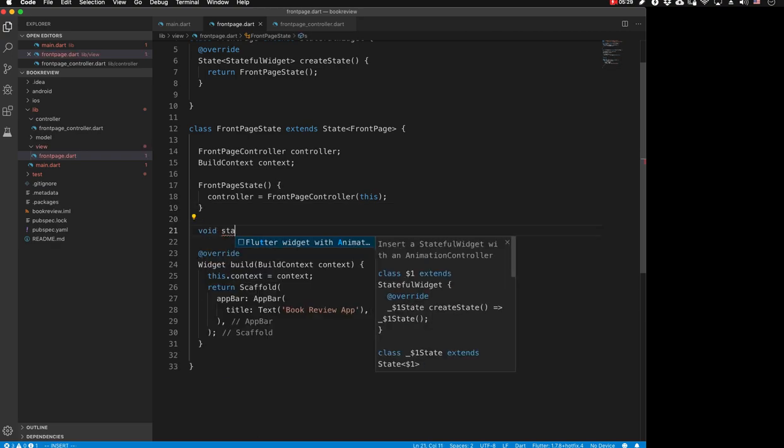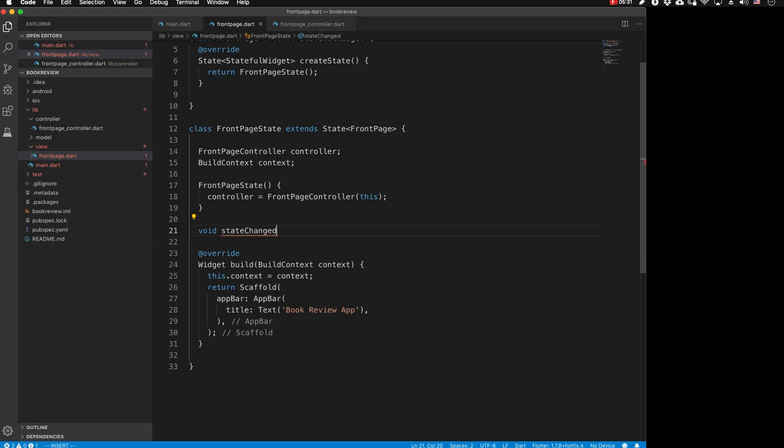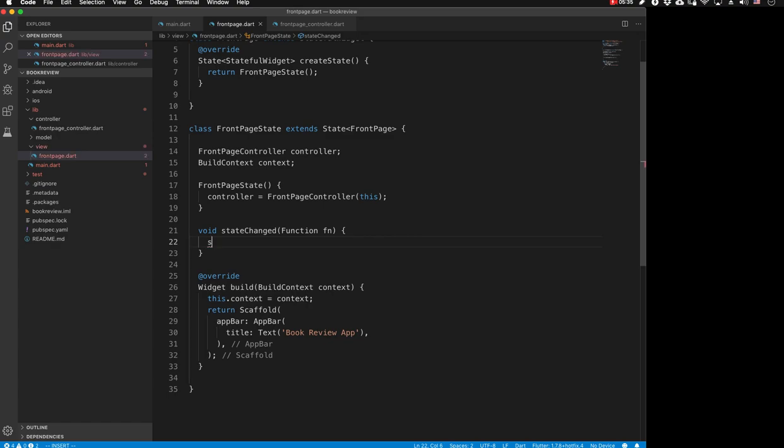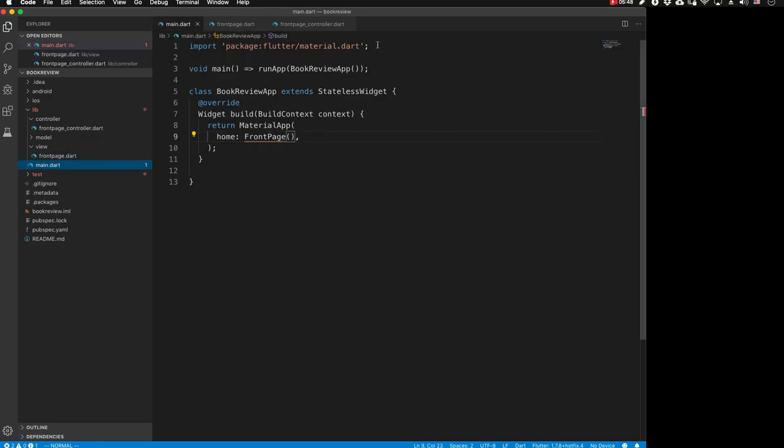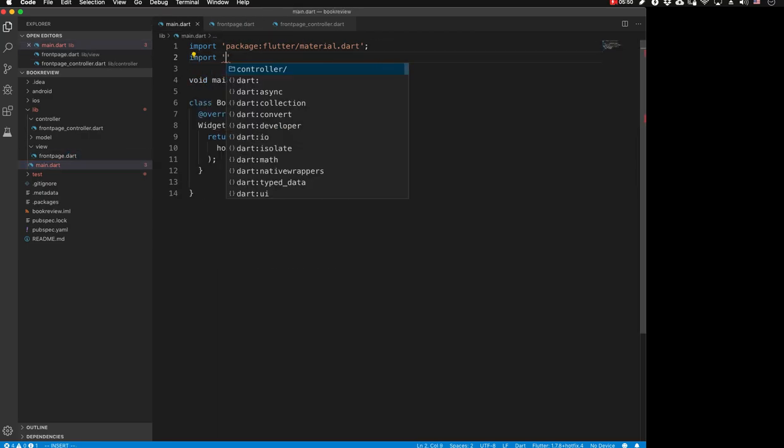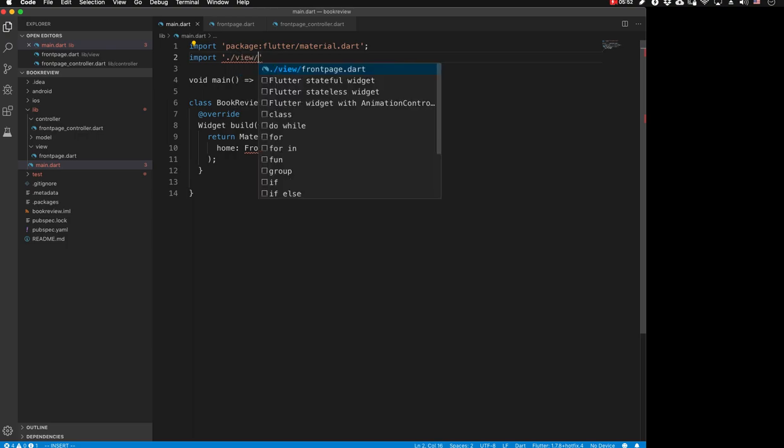Let's create state change function for that. Set state, whatever function is provided. So we have a setup basic for front page, and in the main dart we need to import under view front